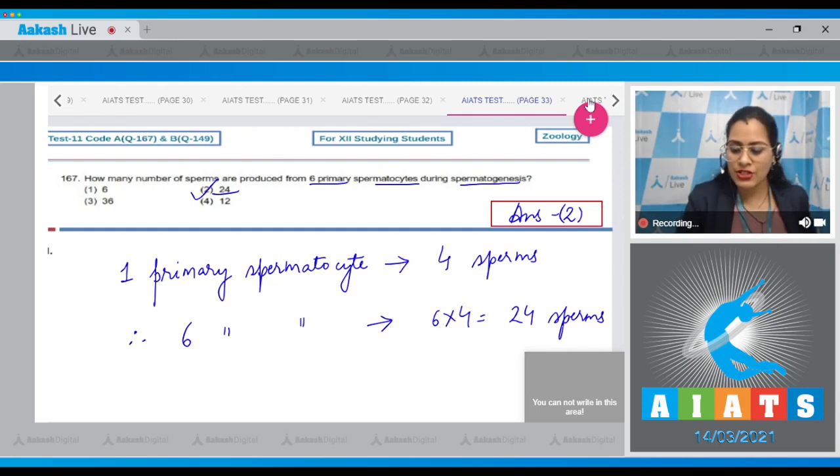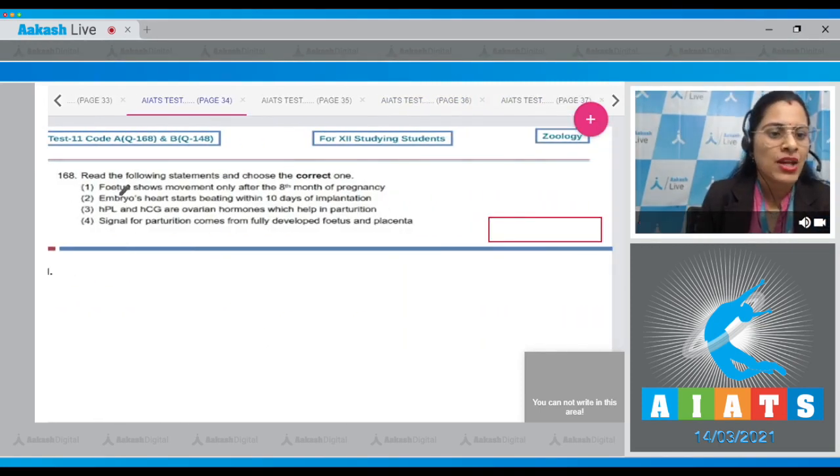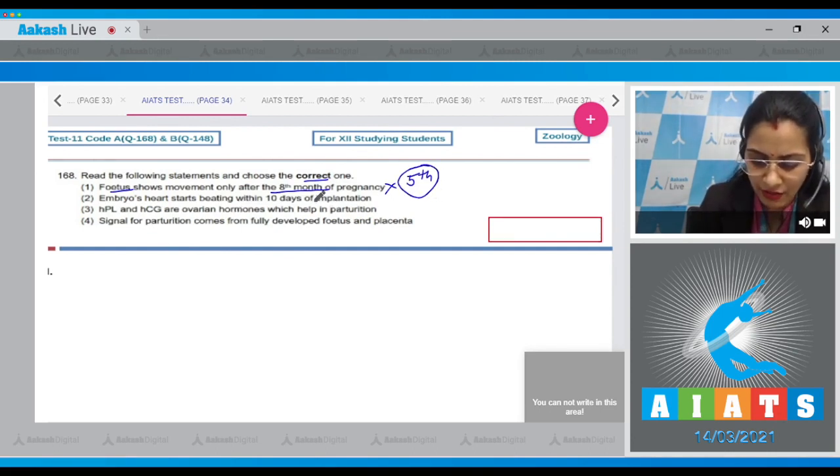Let's move on to the next question. Question number 168. Read the following statements and choose the correct one. The very first statement says, fetus shows movement only after the 8th month of pregnancy. And this is an incorrect option because fetus shows movement from 5th month of pregnancy and not 8th month of pregnancy. The next statement says embryo's heart starts beating within 10 days of implantation is also an incorrect statement because embryo's heart starts beating after 1st month of